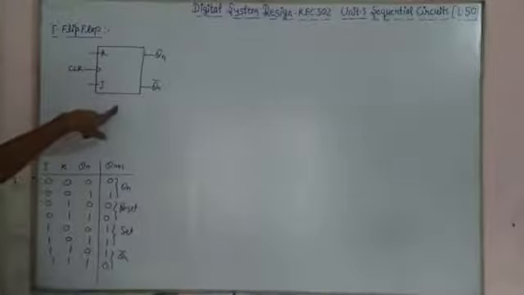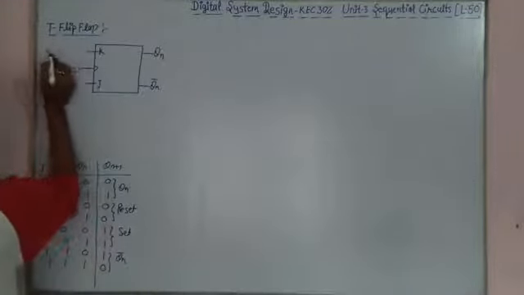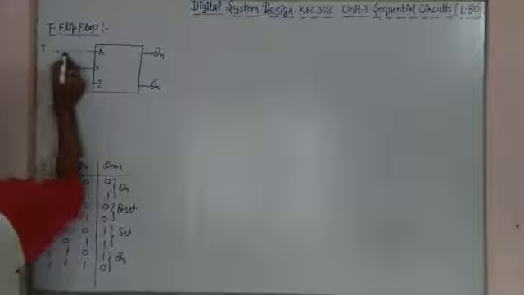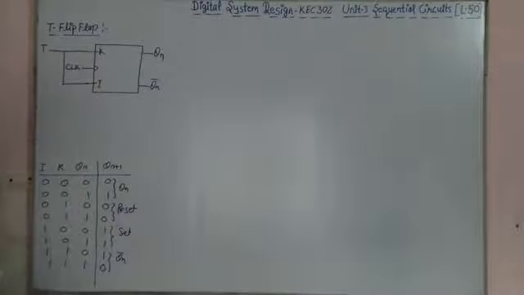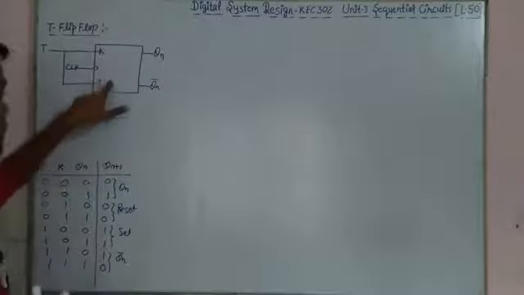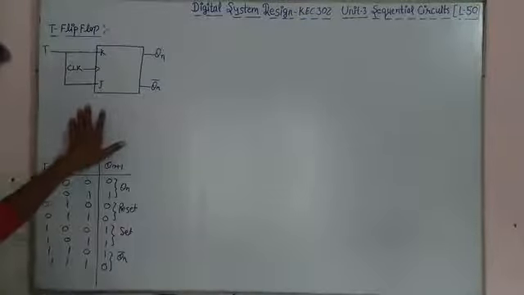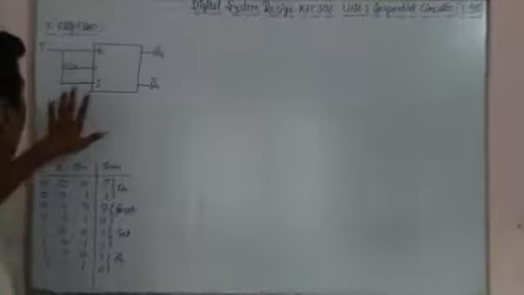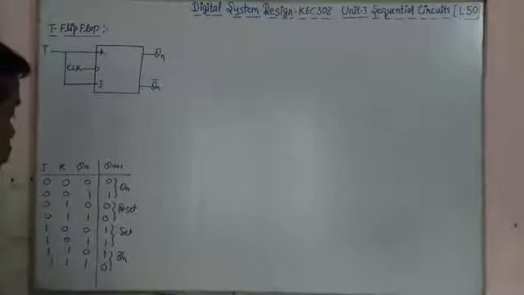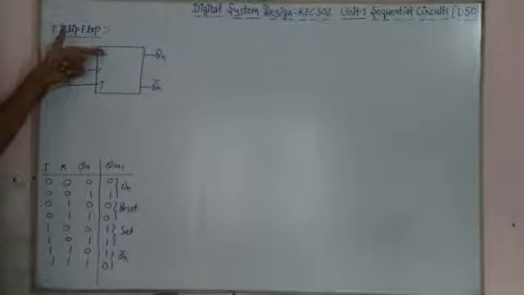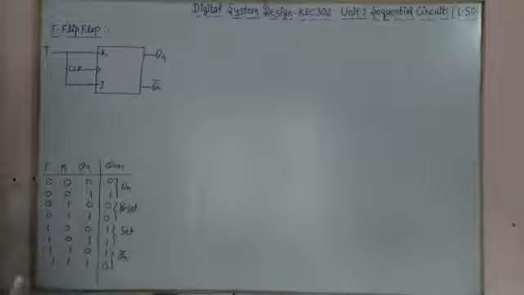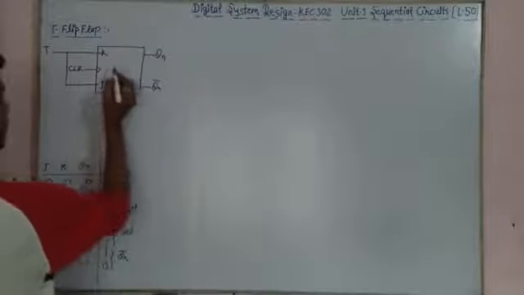Now how do we modify this JK flip-flop to become a T flip-flop? I need some modification of this JK flip-flop, and after that it will become a T flip-flop. Have a look here. If you apply T directly to K and J, then this modification of the JK flip-flop will become a T flip-flop. You are giving the same input to K and J, and it will become a T flip-flop.